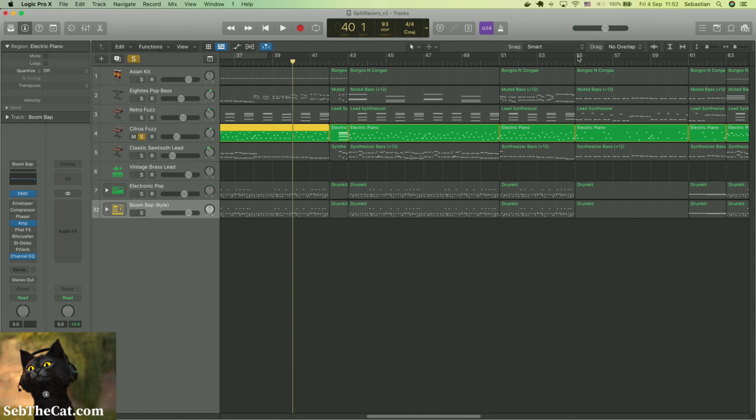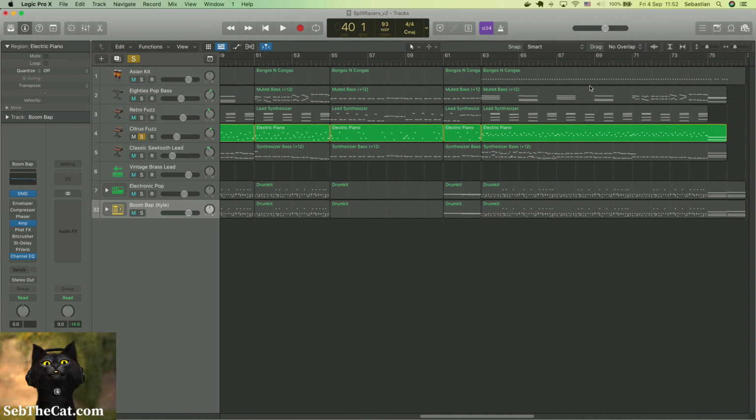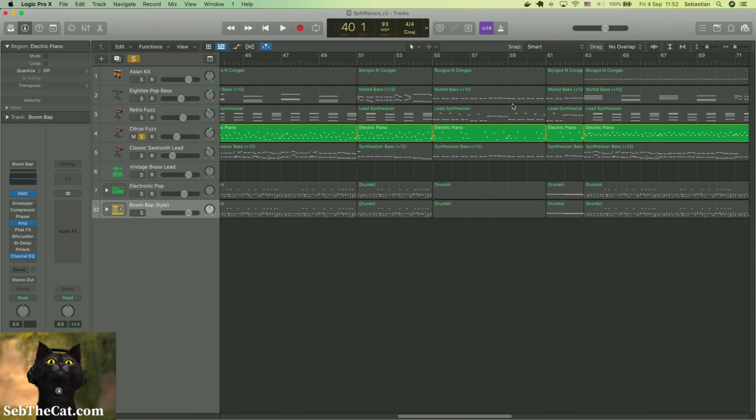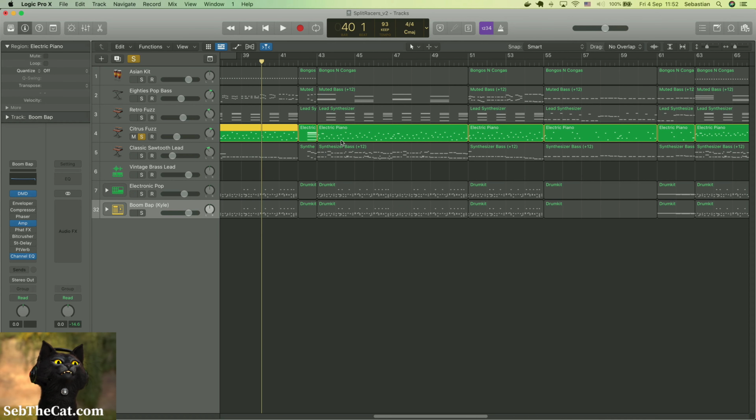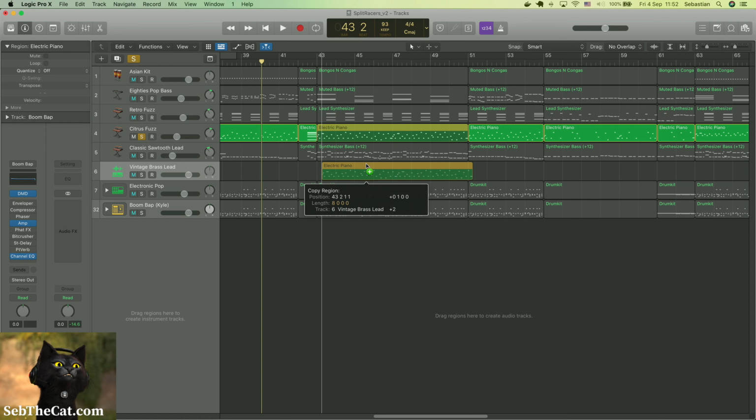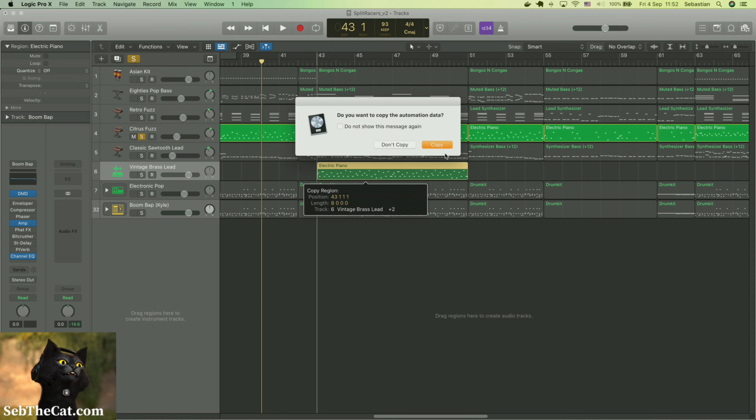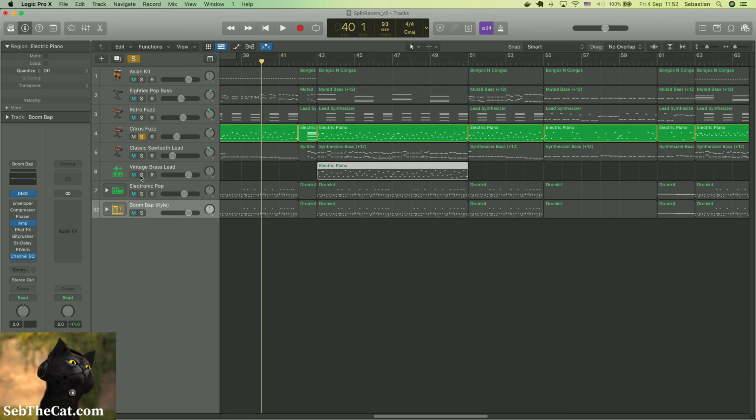Okay, so I think when we move into the new scale, I was kind of thinking we bring this other instrument in here. I don't know what automation. And this is sort of like